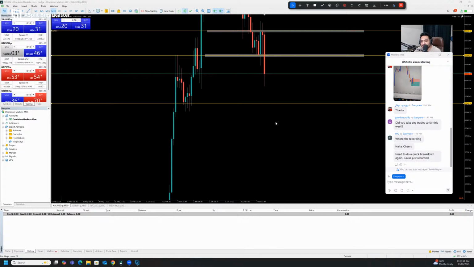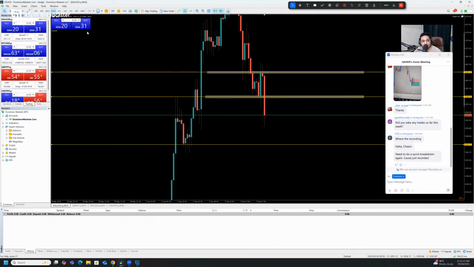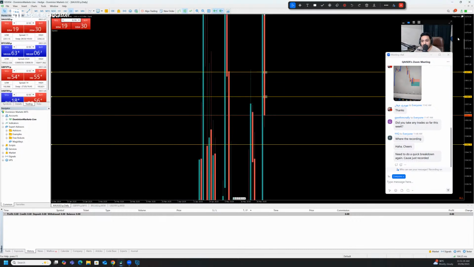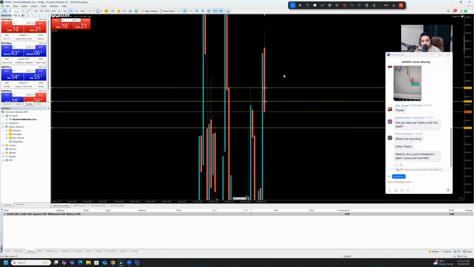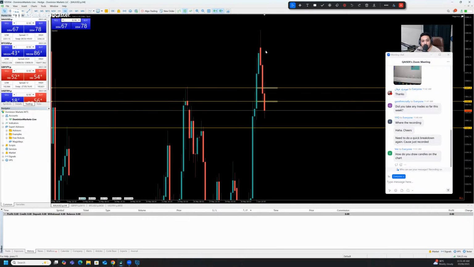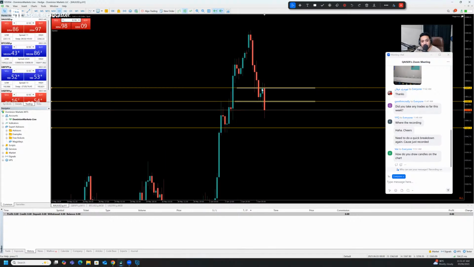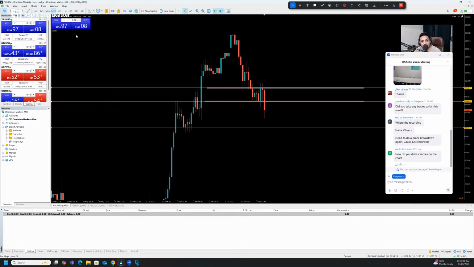Okay, need to do a quick breakdown again, because it's recording. Yeah, you are right actually. So we break it down from the higher time frame to the lower time frame. Daily candle is continuously pushing to the downside. The previous daily candle closed with very strong bullish momentum, showing strong bullish momentum from daily to h4. H4 created a resistance. Right now the h4 is pushing to the downside. If we look at h1, it created a resistance and created a support. But for the more detailed picture, we need to go through from h1 to m30.